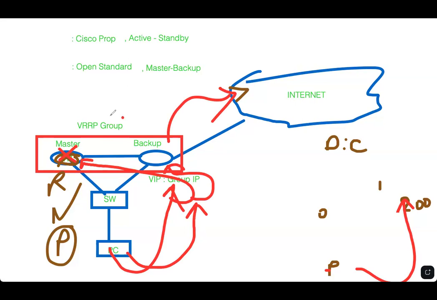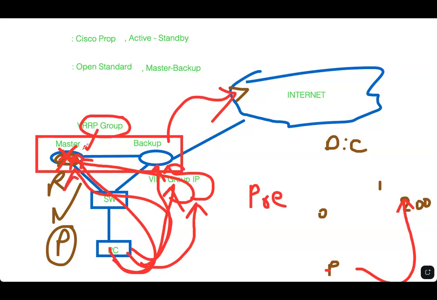So here also in VRRP, there is a concept called preempt, again the same concept. The traffic will always try to go to the active. If the active fails, the traffic will go to the backup. If the master comes back up online, the traffic will go to the master and then go out. But if the preemption is disabled, the traffic will still go to the backup and then go to the internet